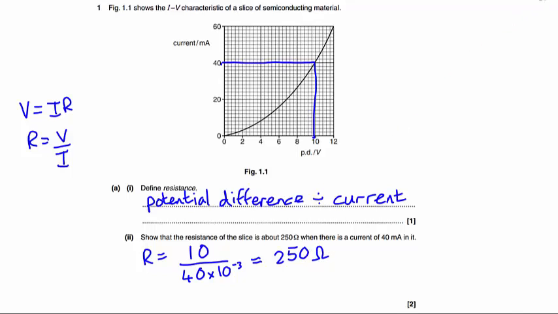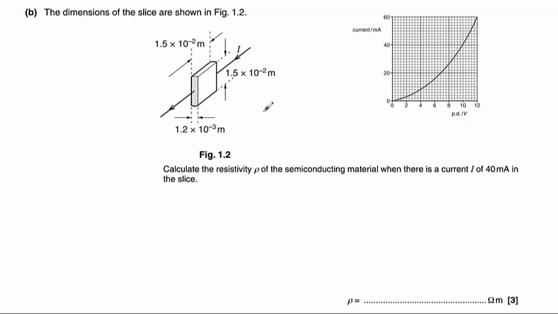Part B now shows us that slice, and it shows us the dimensions of it. It asks us to calculate the resistivity, using the symbol ρ there, of the semiconducting material when there is a current of 40 milliamps in the slice. Now we know from the previous question that when the current is 40 milliamps, the resistance is 250 ohms. And we're going to use an equation here from the formula sheet that R equals ρL divided by A, and we're going to rearrange that. So we get the resistivity ρ equals RA